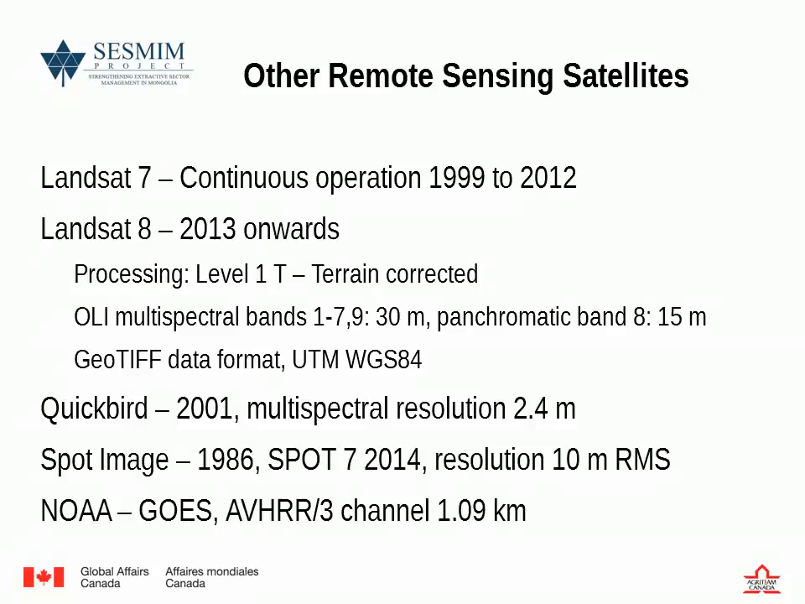So Landsat 7 went from 1999 to 2012. And then Landsat 8, 2013 onwards. Okay, then they started having level 1 terrain corrected. So terrain corrected means from about Landsat 8 on we have ortho-rectified images. Okay, and we can talk a little bit more about ortho-rectification later on, but it uses the SRTM data from